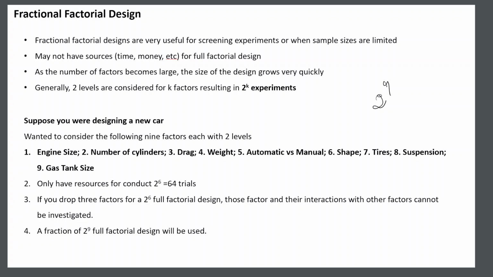5 total experiments. That will be huge actually. So in that case, say we have resources for only 2 to the power 6 trials. It is 64 trials. So in that case, we have to drop a few factors, considering that they might not be critically important factors. For example, tire might not be a very critical factor here,